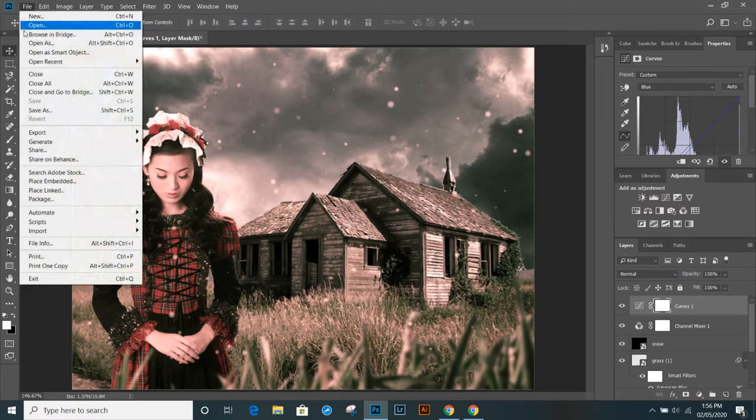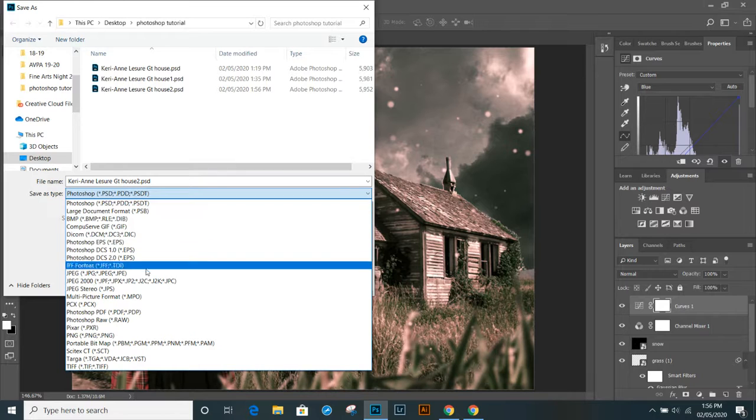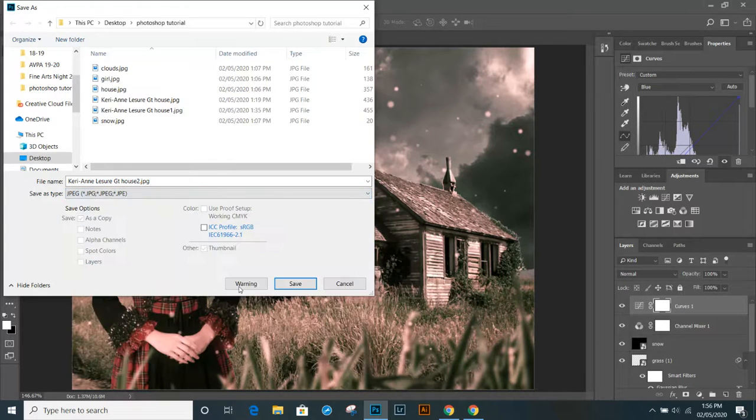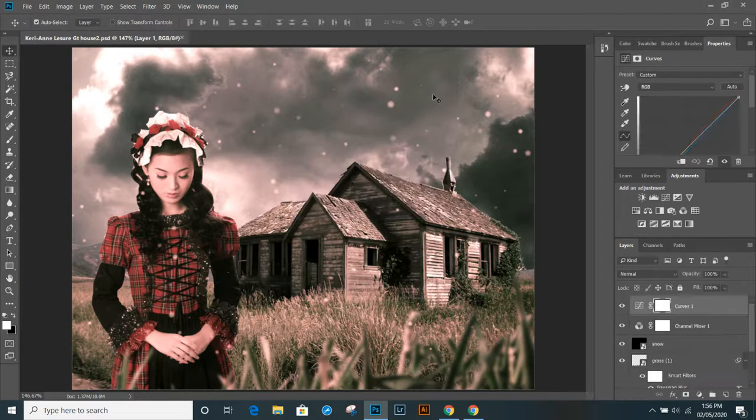And then I'm going to go back to File, Save As. And this time, instead of a PSD file, you're going to change it to a JPEG. And click Save. And click OK. And now you can go ahead and submit this to